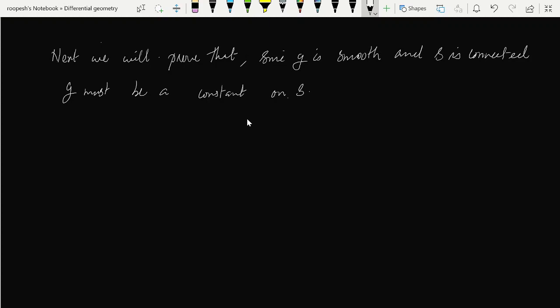That means your n3 should be equal to n1 or n2. Now how to prove this one? So given that S is connected,